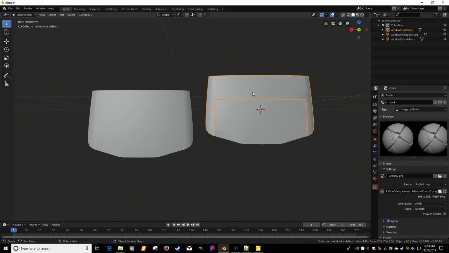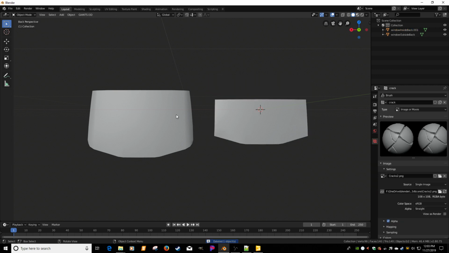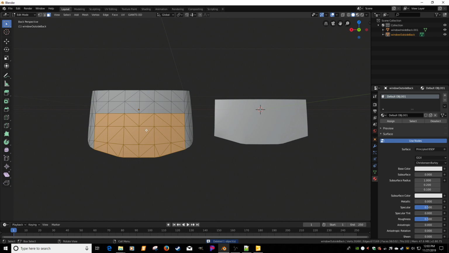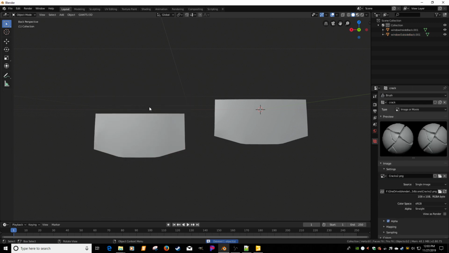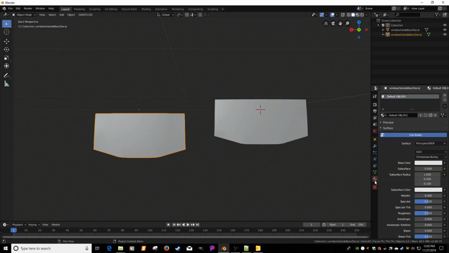Tab again, we're going to go ahead and delete the old window. Tab, I'm going to hit P by selection, Tab again, I'm going to click and delete that window, and we're going to simply hit F2 and rename that window outside back decal. Hit enter. Okay, this guy, hit F2 again. Back decal. Hit enter. Alright, so now on our materials we should have the windows back decal material there,